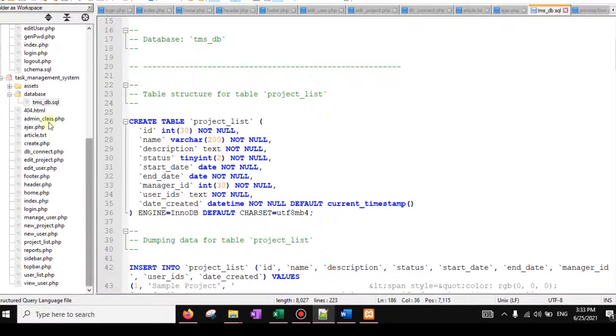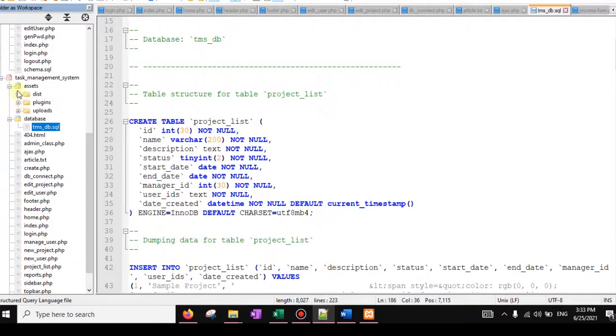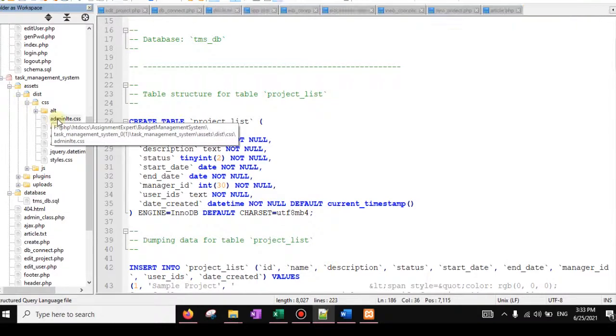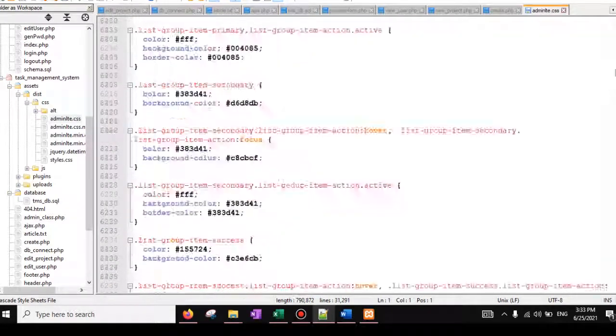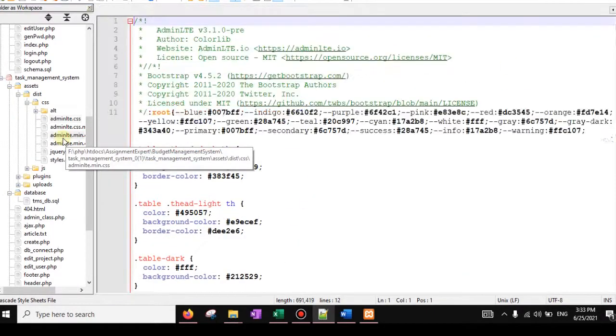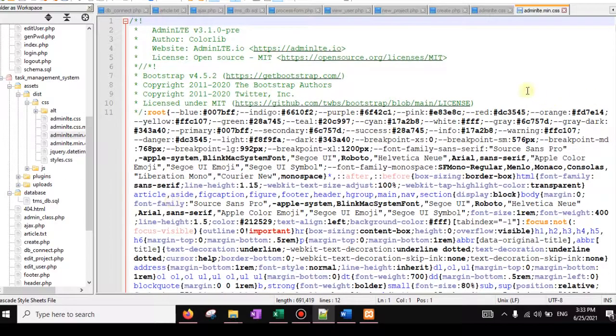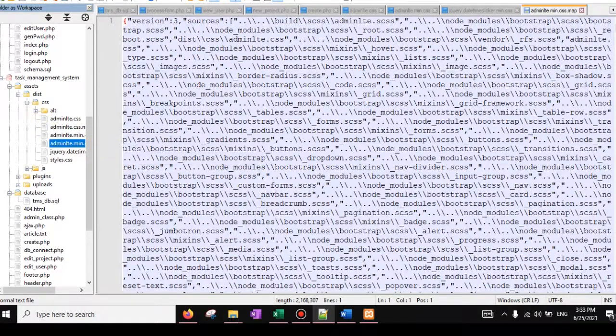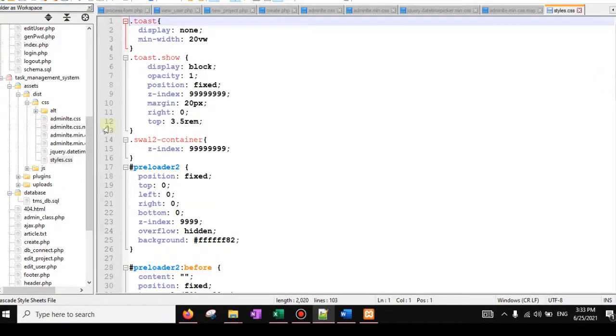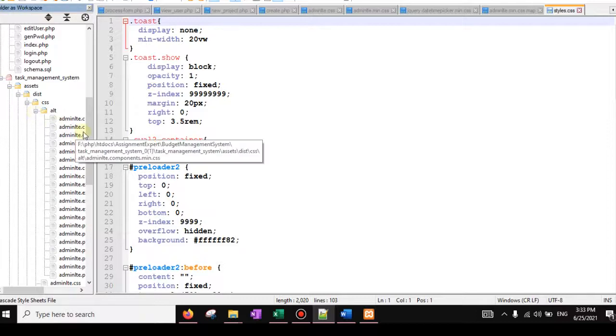Now we are opening this in Notepad++. Here admin dot, this is the design view for this. And this is the jQuery and other CSS style sheets which we are using to develop this application.